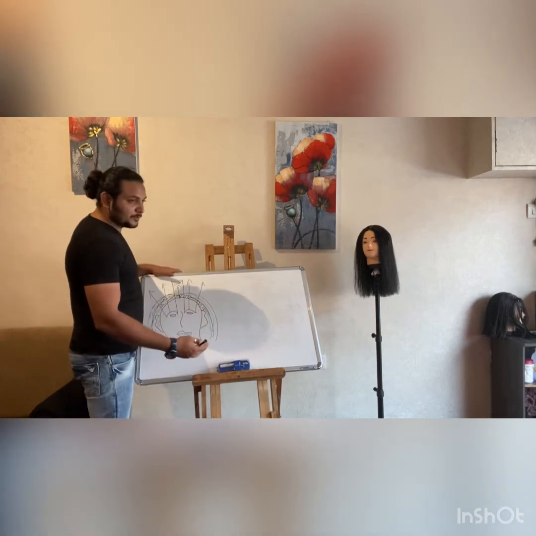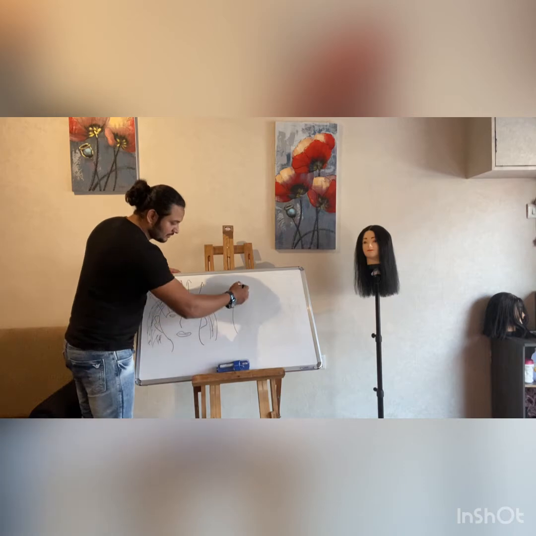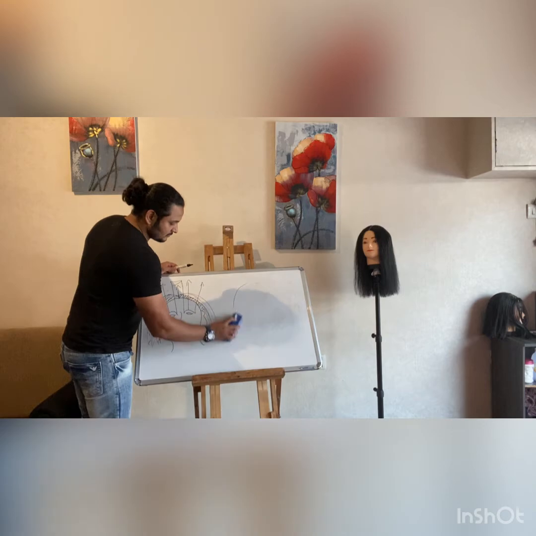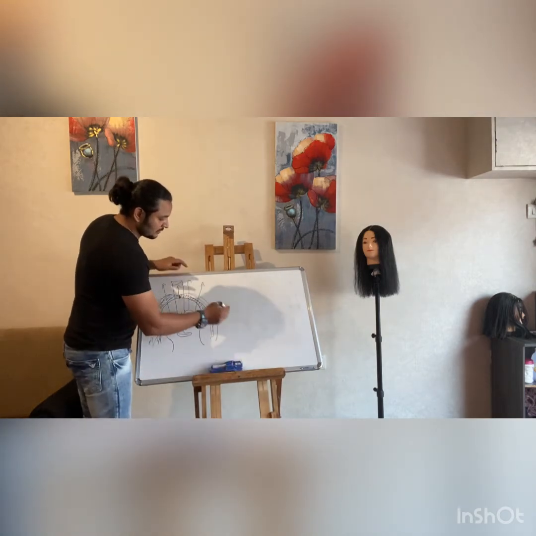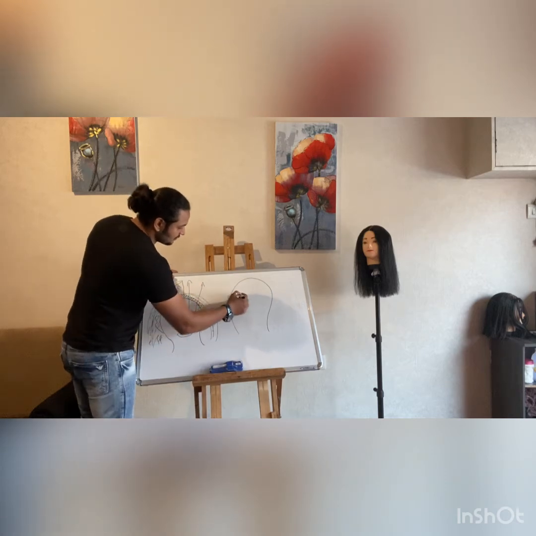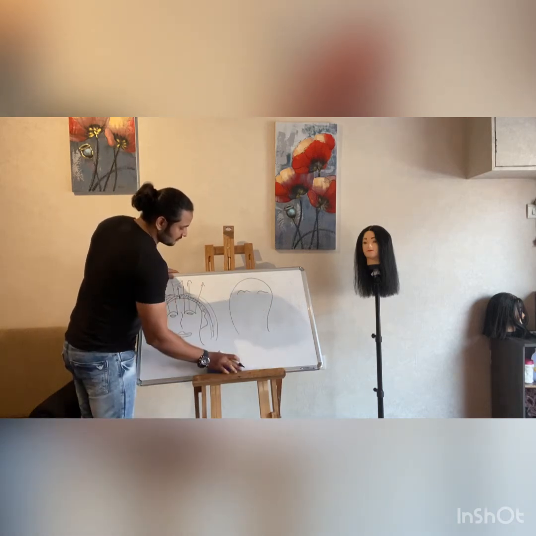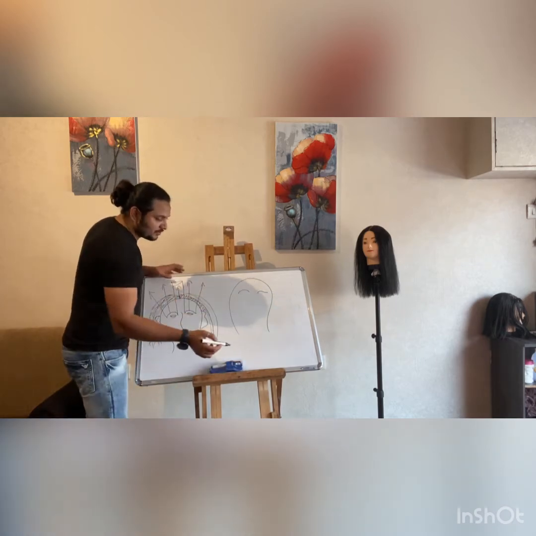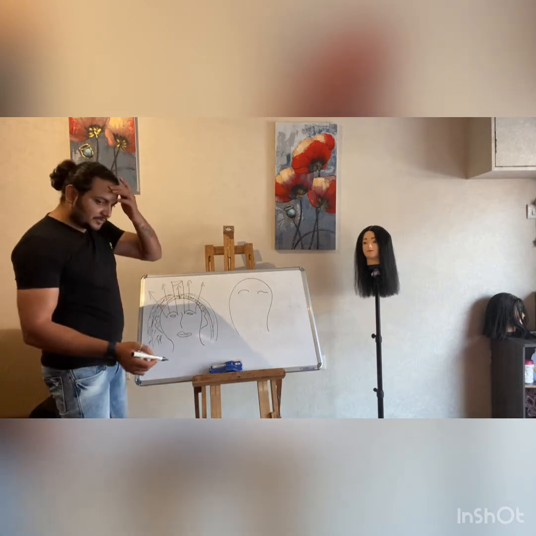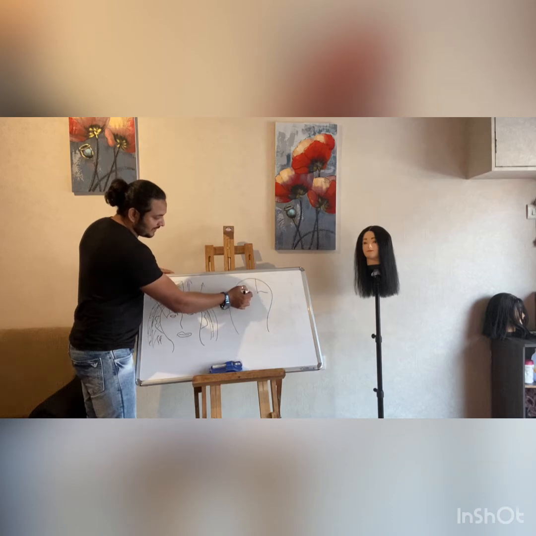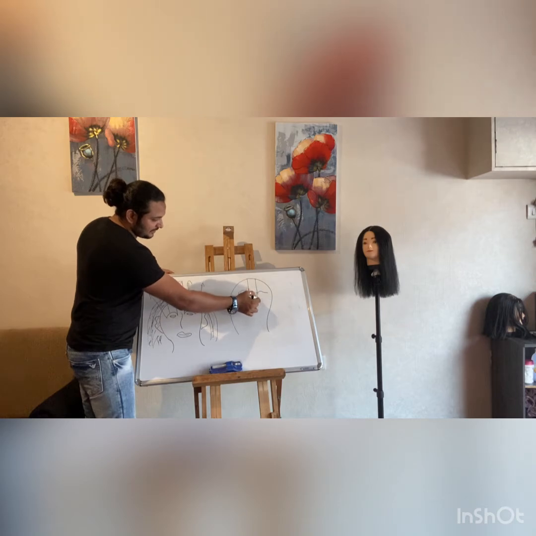So what do these sections help you to do? I'll tell you. These sections help you when you want to cut the fringe. At that time you can create the beginning of the eyebrows section and cut the hair. For example, you create the section, then you cut the hair.